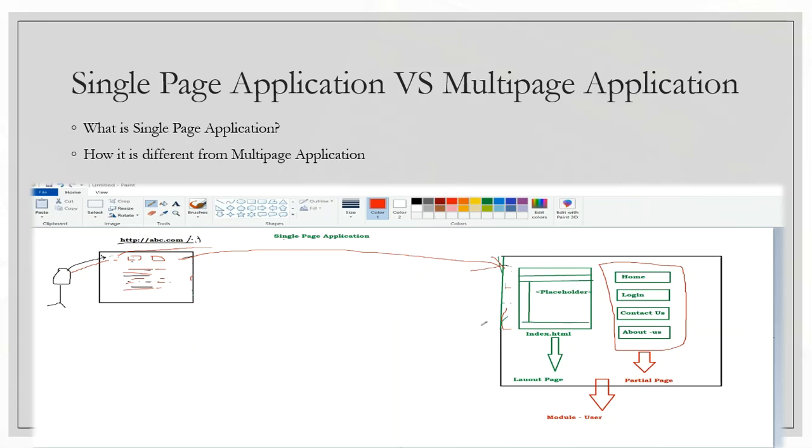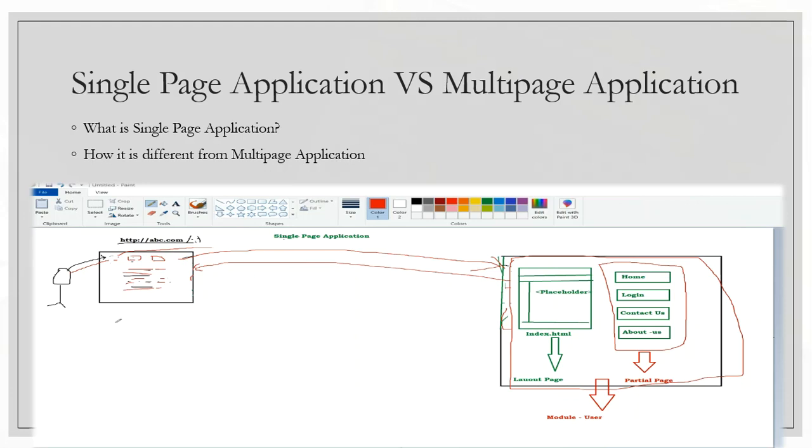So instead of responding with the required page, the server will compile this complete module and send it to the browser. Now we are not going to receive a single page like the home page, login page, contact us. We will receive the complete module within the response.